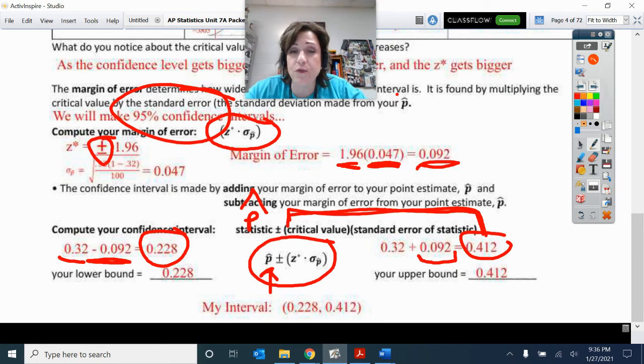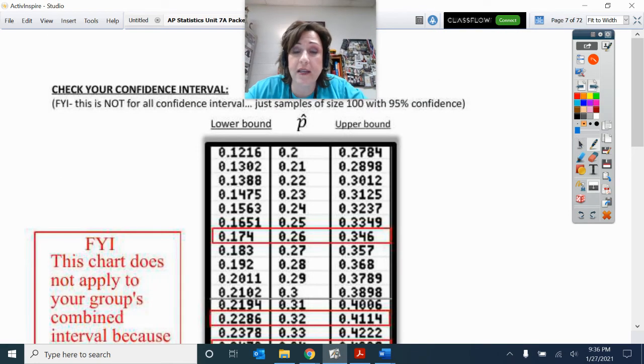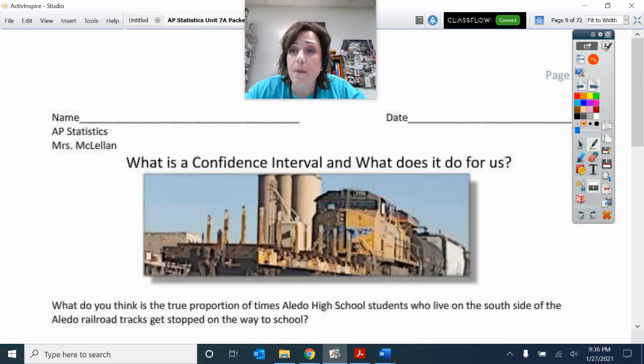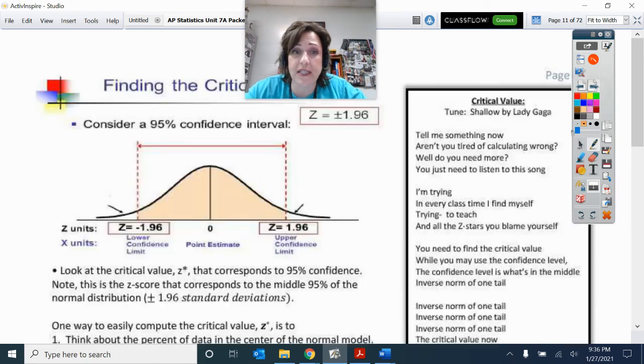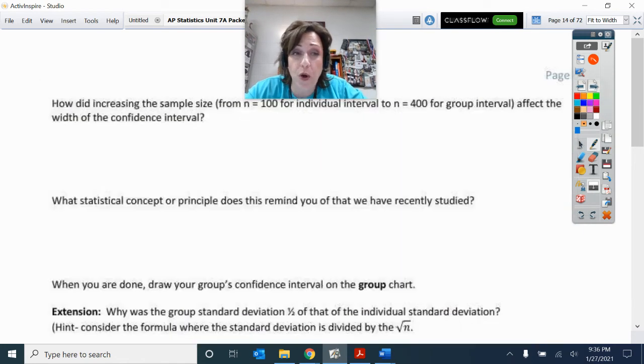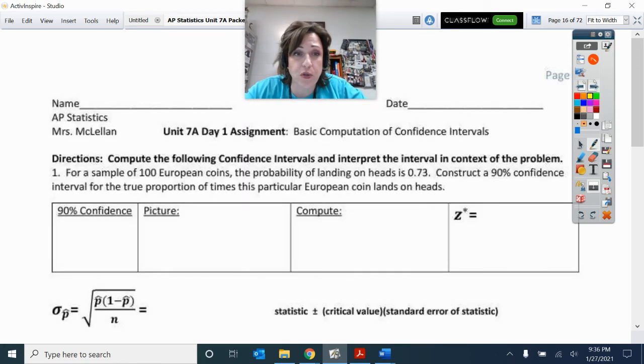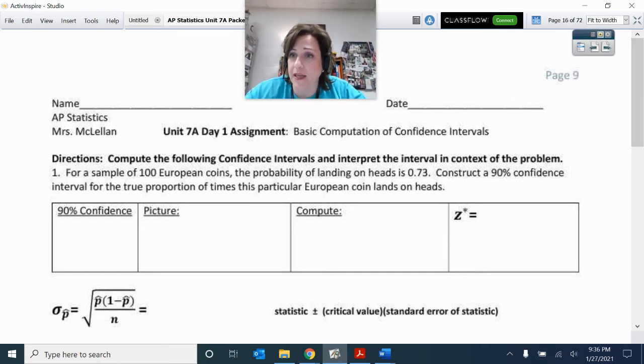And I think we're going to stop right there because your assignment is going to have you just practice. We'll get into some other questions later, but your assignment is going to have you just practice that. So if you scoot on over to whatever page that is for your lesson, I can't tell, page 9. Okay, so here you go.